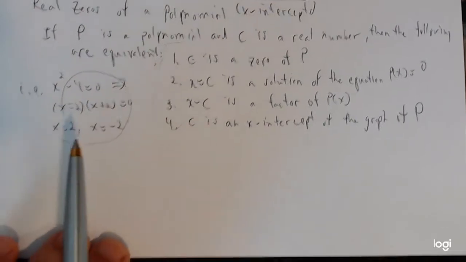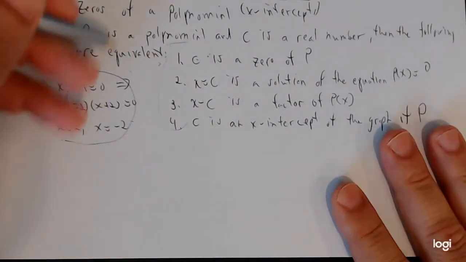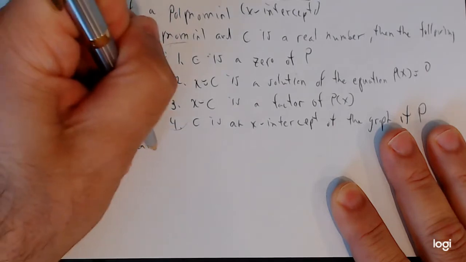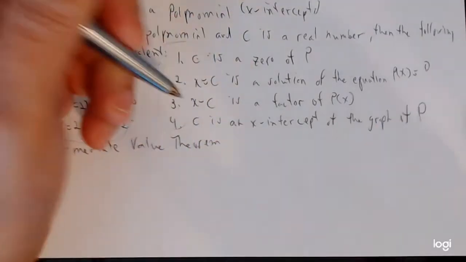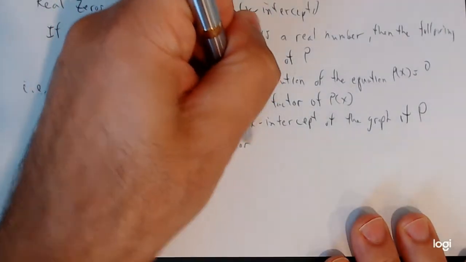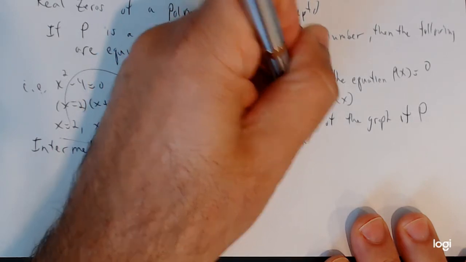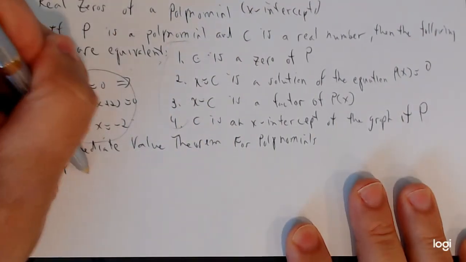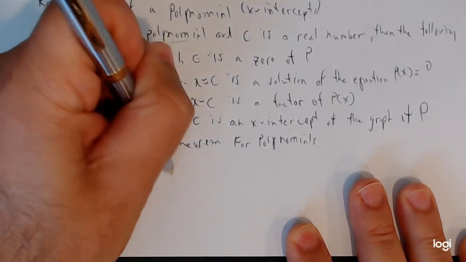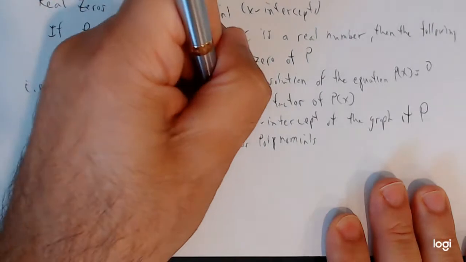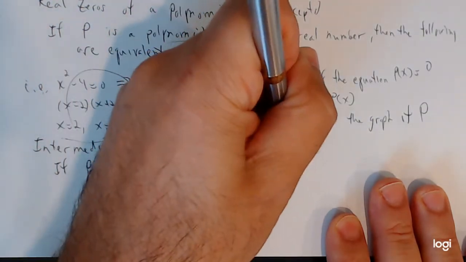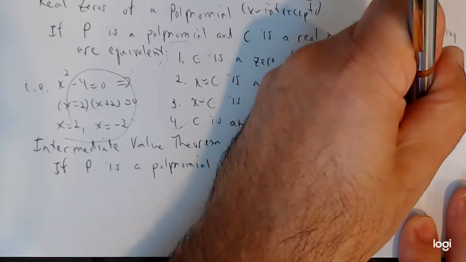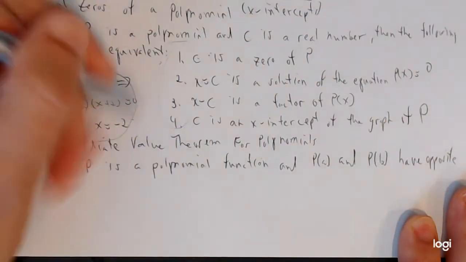Okay, so the next thing we're going to talk about is something known as the intermediate value theorem. And this is going to be very, very important in calculus, so you'll see the intermediate value theorem again in calculus. So this is for polynomials. In calculus we can use it for other types of functions, but our focus is on polynomials. So we would say if P is a polynomial function and P of A and P of B have opposite signs,